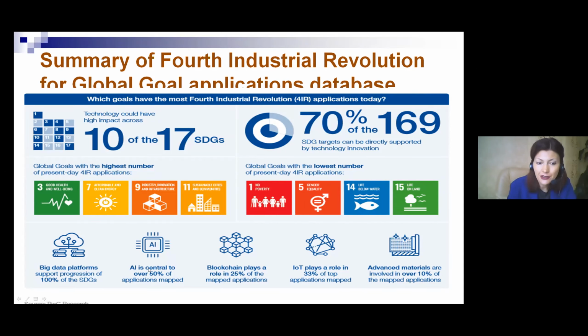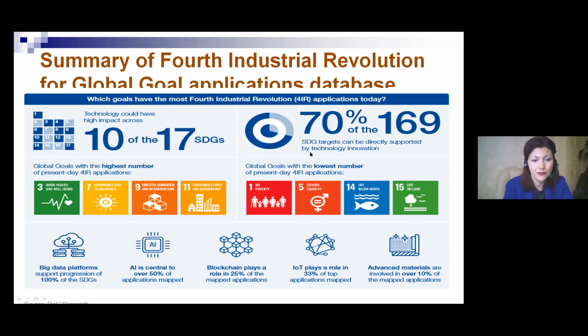AI, artificial intelligence, is central to over 50% of applications mapped. And they made this research in 35 countries, by the way. Then blockchain plays a role in 25% of their mapped applications, Internet of Things 33%, and advanced materials are involved in over 10% of mapped applications. And you see that technology could have high impact across 10 of the 17 SDGs. And you can see that it's not only general understanding, but 70% of 169 SDG targets can be directly supported